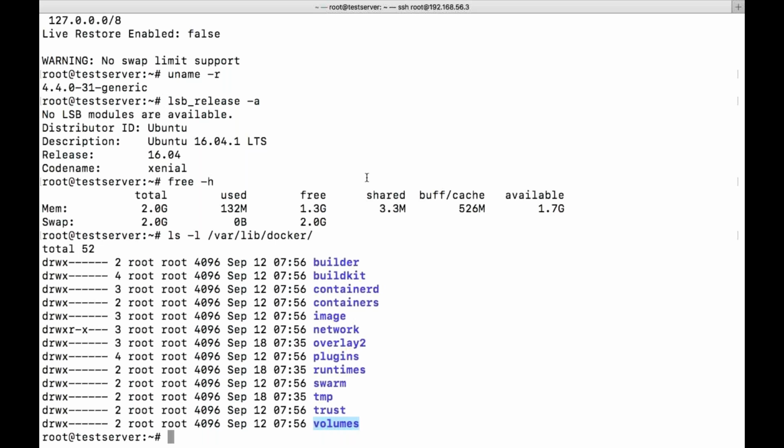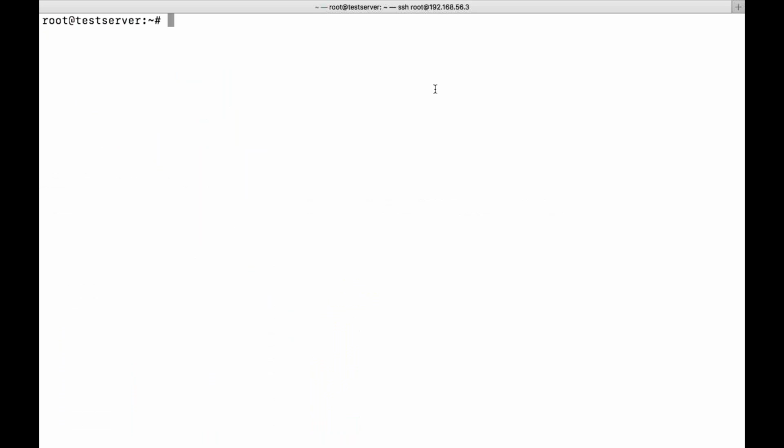So these are the things which will be displayed by your docker info. At a time, if you want to see the entire information of your Docker, the main parameters of your Docker, then you need to go for docker info. Okay. Enough. So let us see a bit of the architecture of Docker.